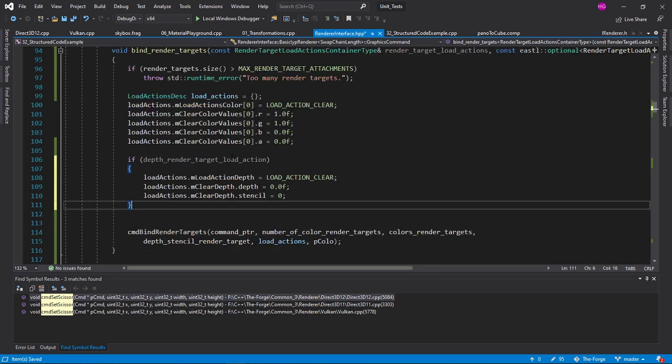Goes that. And if we have this, we would just use